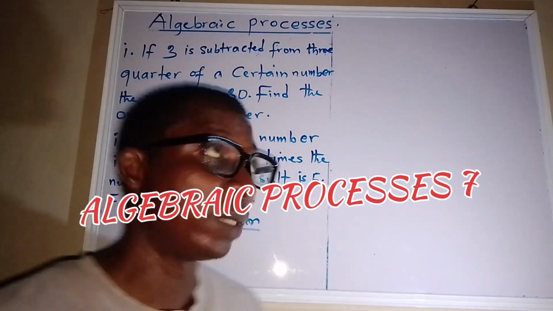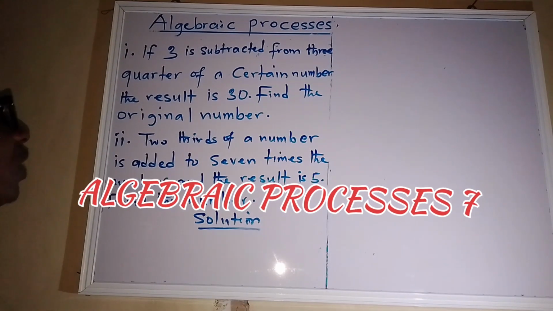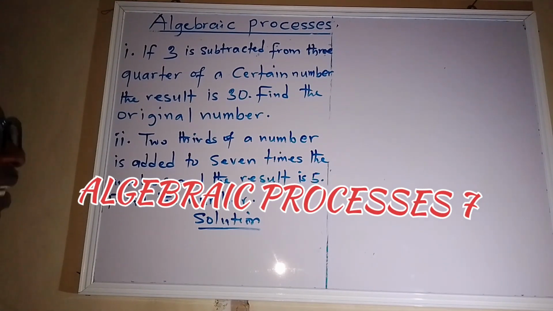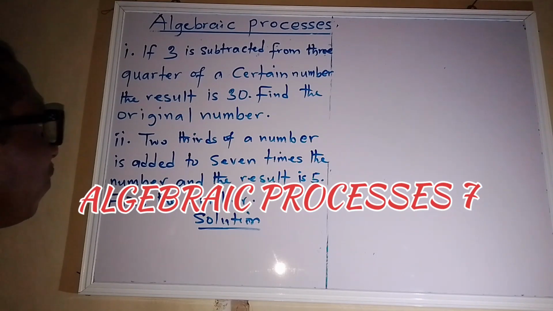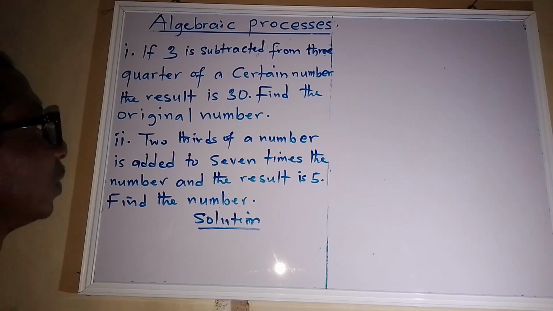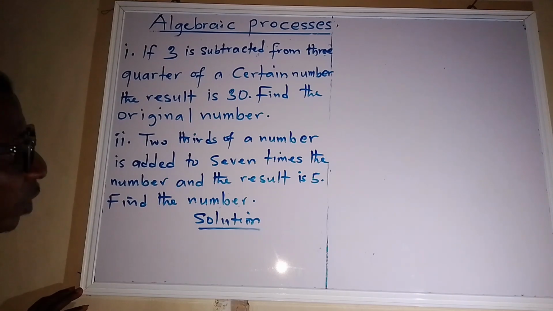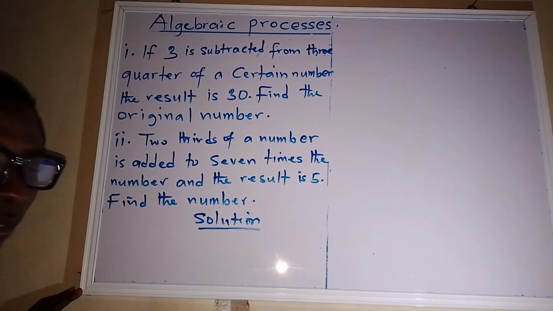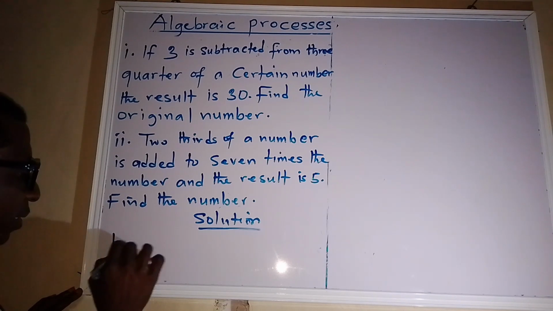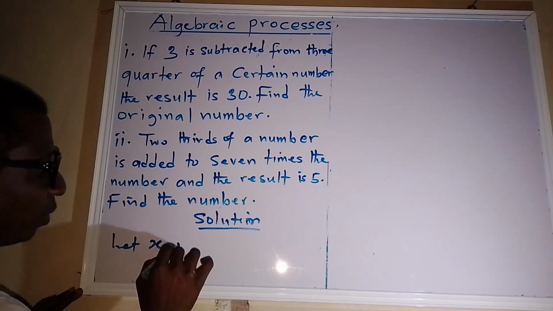Now let's solve this problem together. If 3 is subtracted from 3/4 of a certain number, the result is 30. Find the original number. The first thing to do in this question is to represent the certain number by an alphabet. So we say let x represent